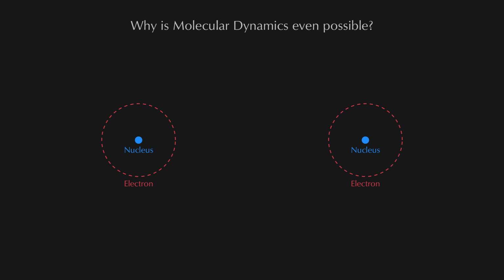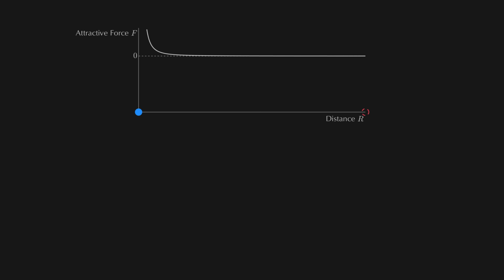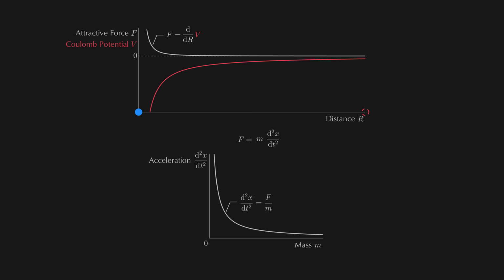To understand the atom-to-atom interaction, we have to look at the interactions of the subatomic constituents. And here we start with the typical nucleus-electron interaction. The attractive force between a nucleus and an electron can be derived by the Coulomb potential. As we learned before, this force is equal to the rate of change of momentum, which of course applies to both particles here. And for constant mass, the rate of change of momentum is just mass times acceleration. So given the same force, the heavier nucleus builds up motion much slower and can as well be seen as not moving from a super agile electron perspective. In contrast, from the viewpoint of the nucleus, an electron reacts almost instantaneously.